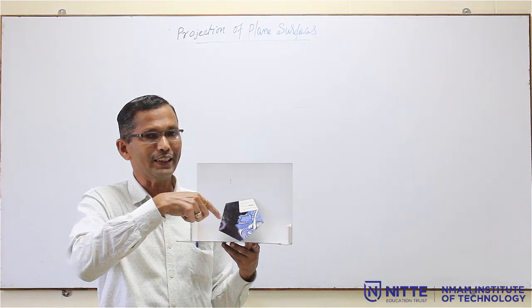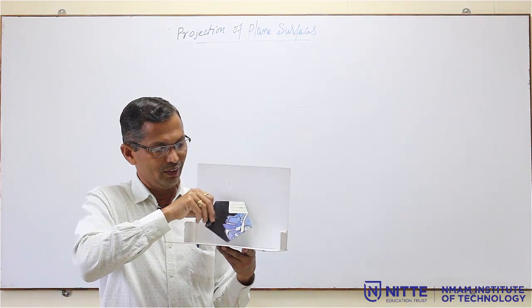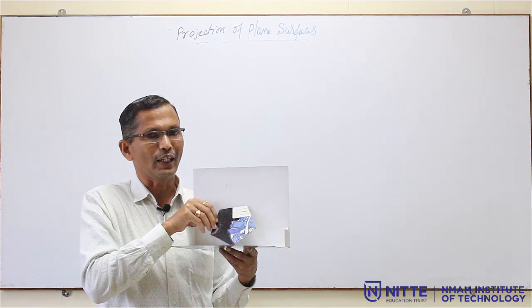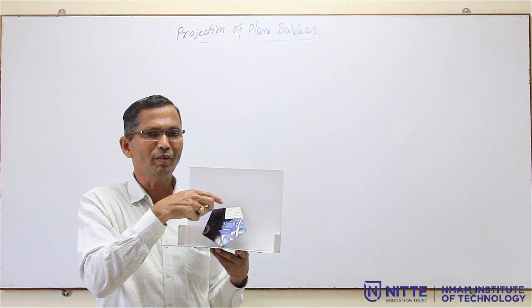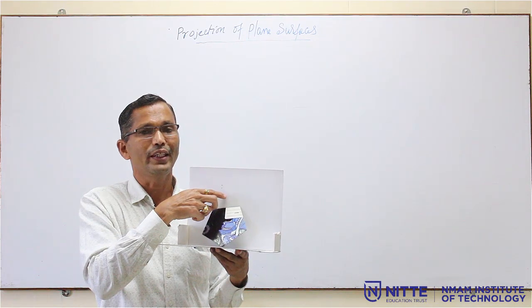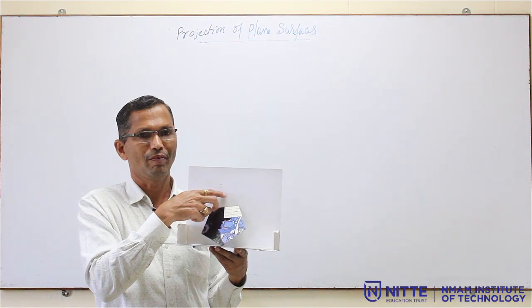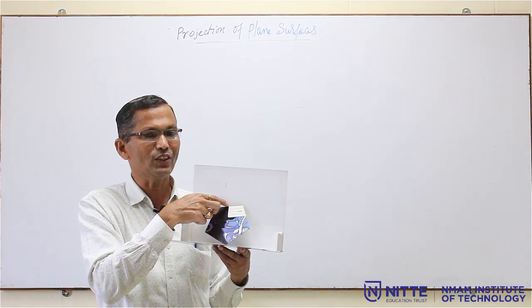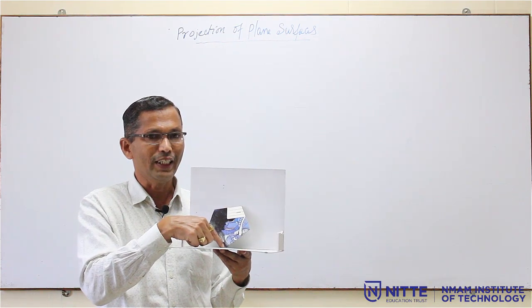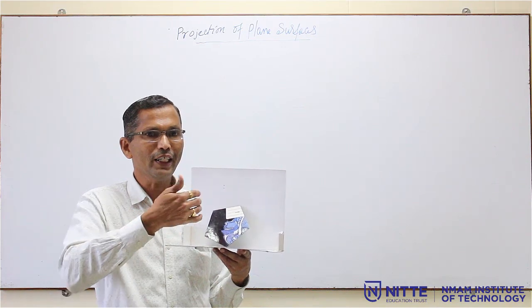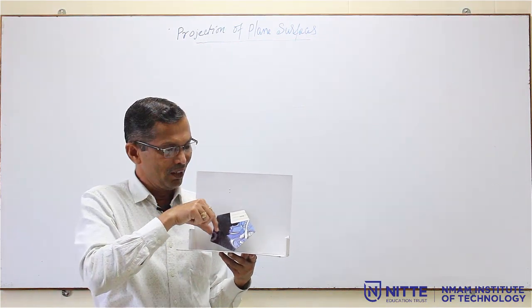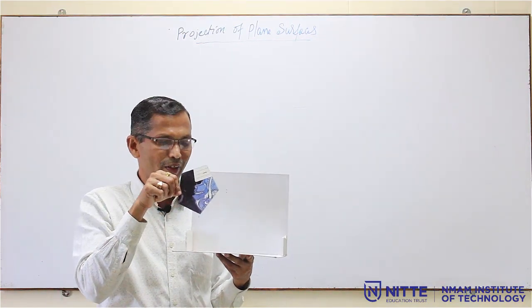If you consider it as a corner condition, then you have to start from HP, because one of the corners is on HP. Or you can solve it with the edge condition also, then you have to start from VP, because one of the edges is on VP. You can solve it in both procedures, nothing wrong, but accordingly you have to take the angles. Now, I will solve it with the corner condition.